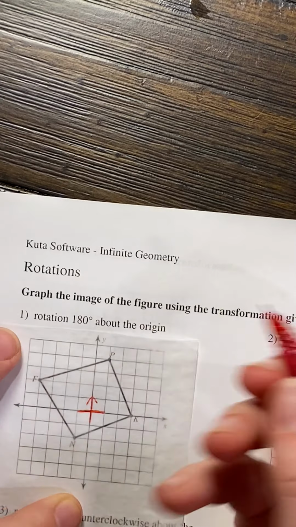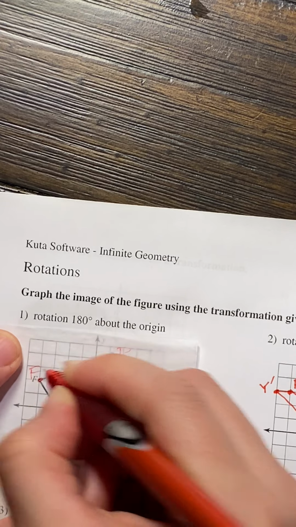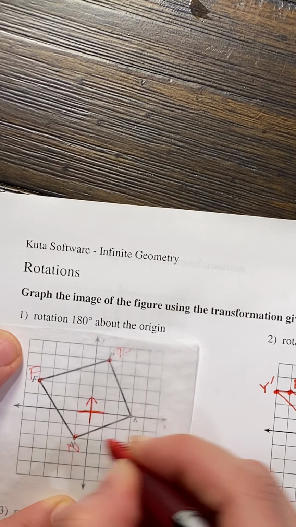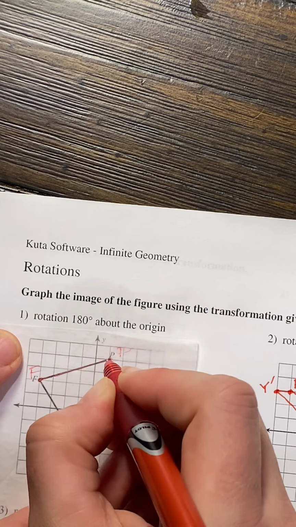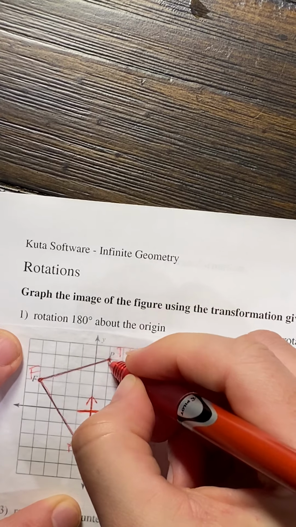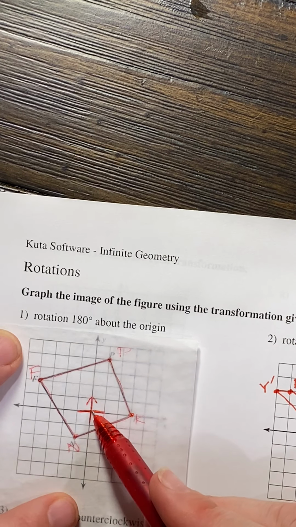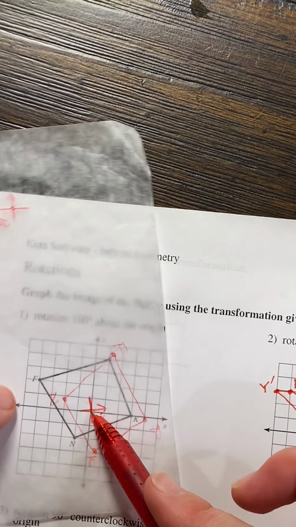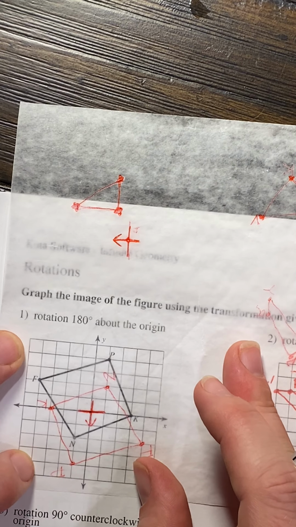Okay, and then I'm going to trace my vertices. This is P, F, N, K. I connect them. Okay, 180 degrees clockwise. It doesn't matter which way I go, the arrow is going to be facing down. So that's 90, this is 180. All right,